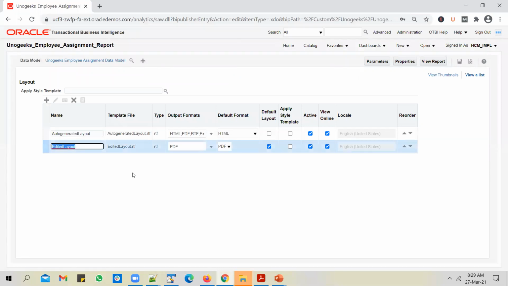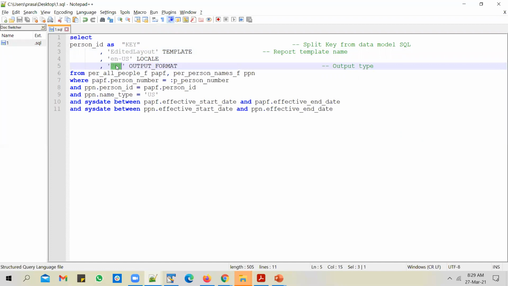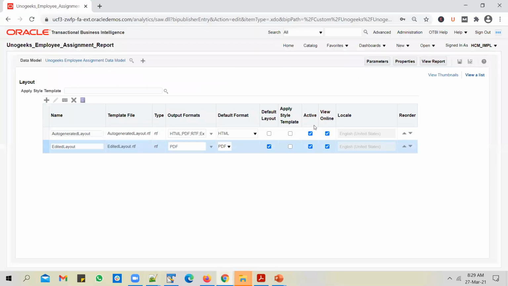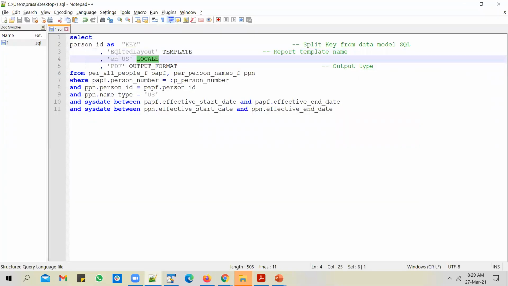Okay, so the name, copy it from a template name, and the output format, the default format is PDF. So select it as PDF, that's fine. A locale, it's a locale that you selected here. So if you selected English United States, pass it as EN hyphen US in caps. So if you have probably selected English here, you should not pass in locale as EN US. Instead, you have to pass it as EN. So be very careful with what you're passing in here.